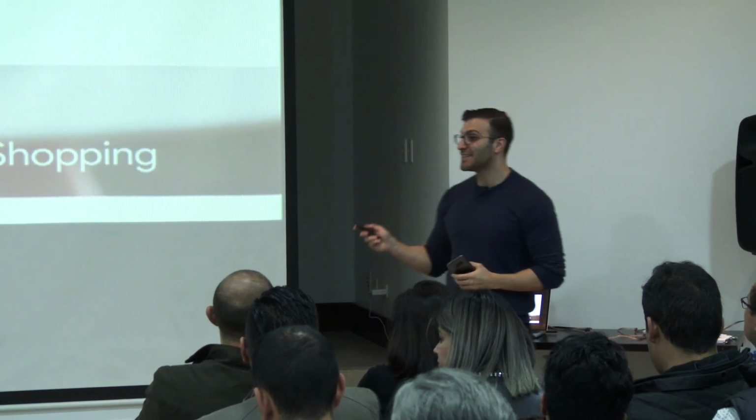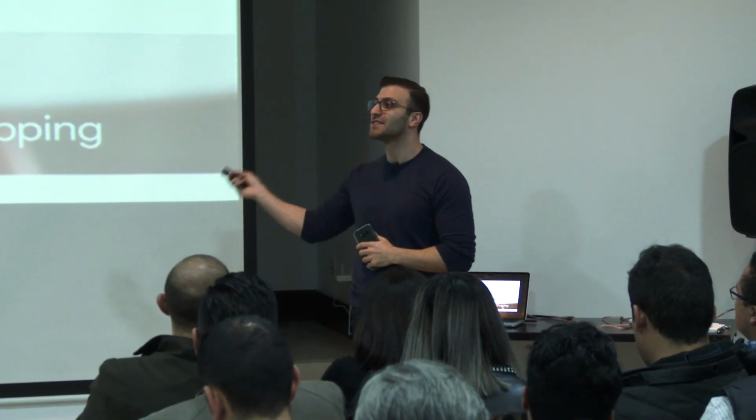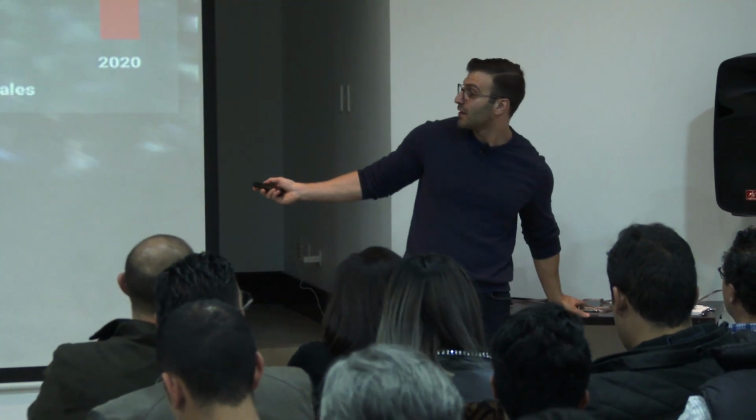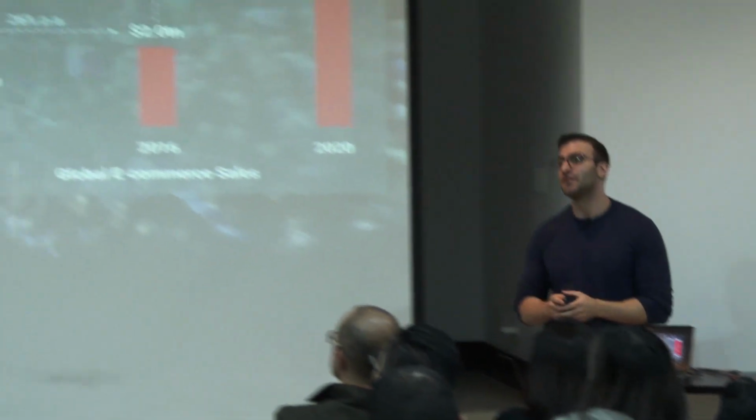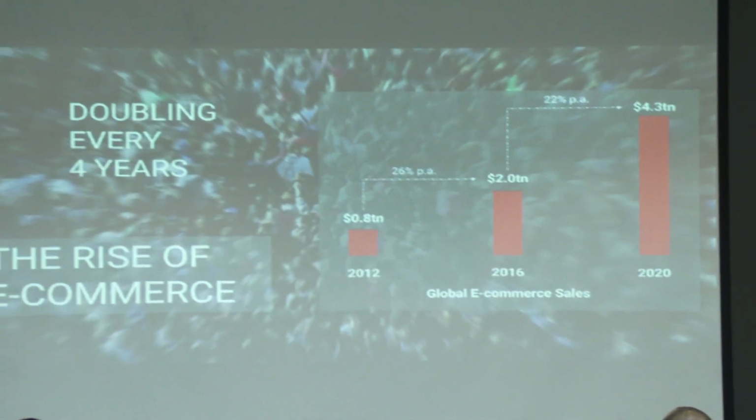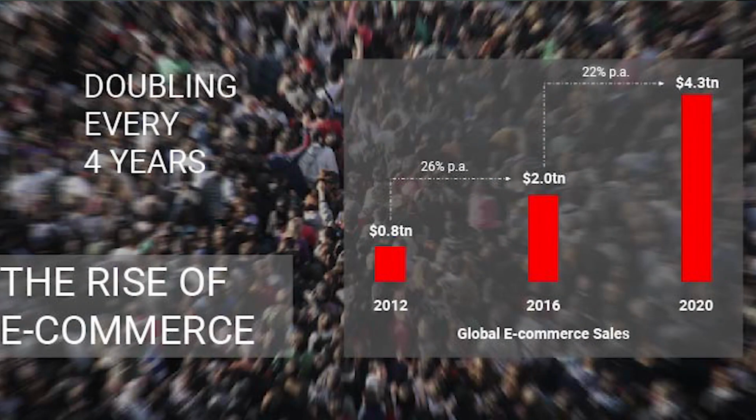So we see that trend everywhere, and I think these next few slides won't come very much as a surprise to you. So if we look at global e-commerce trends, the last 4 years, 2012 to 2016, it's more than doubled. If we project to the next 4 years, we again see that more than doubling. And I think this is for a variety of reasons, but I asked you about mobile. I think this is a big key here.